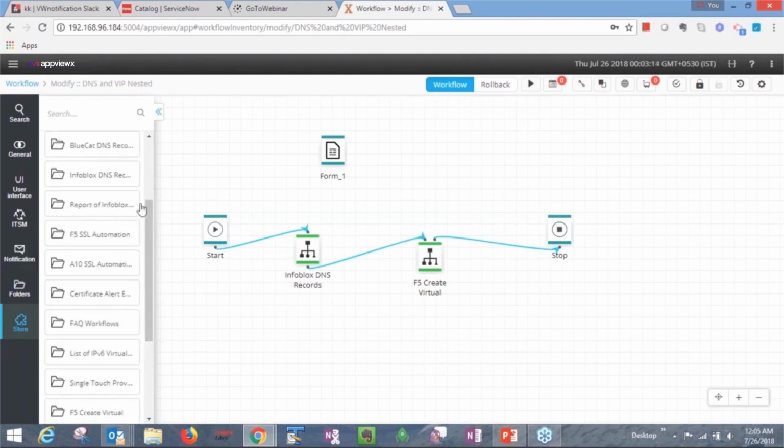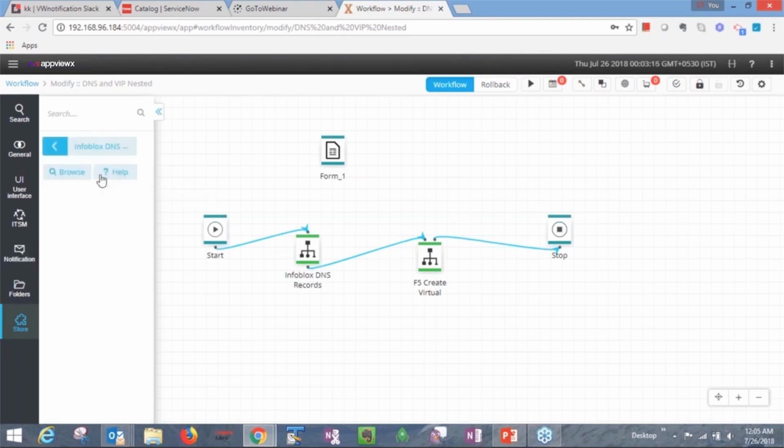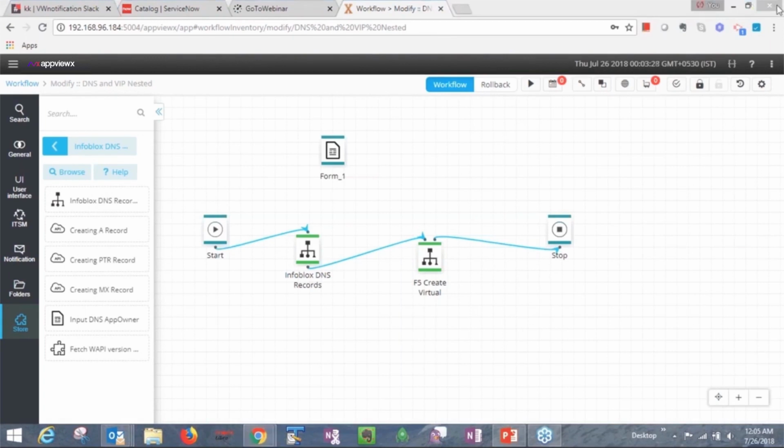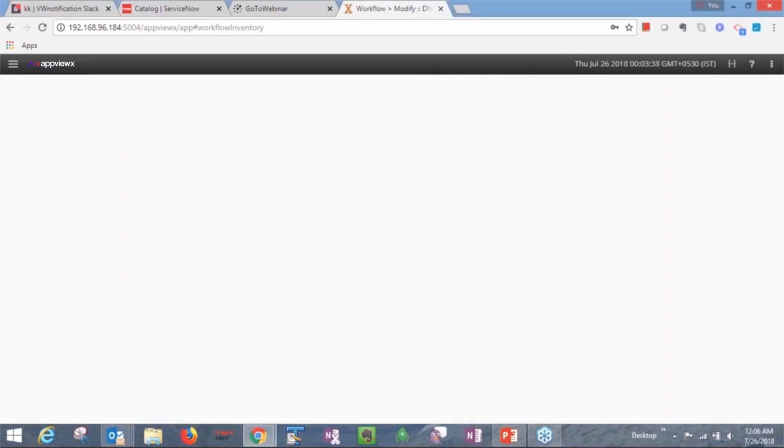This is the workflow store. You have pre-built workflows and workflow tasks that you can drag and drop and quickly automate a specific process. So let me quickly show you how you can build your own workflow.